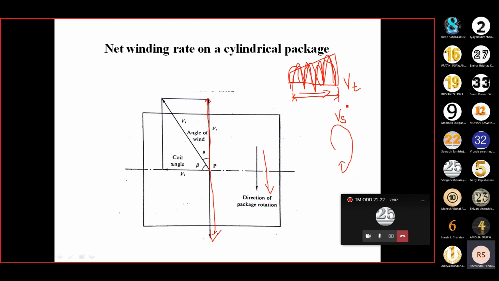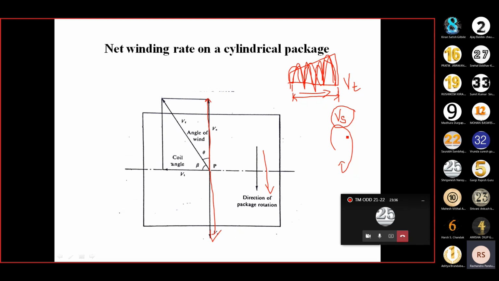So during winding of the yarn onto the package, two things you have to consider, that is the surface velocity, because we know that if we are unable to revolve the package, we are unable to wind the yarn. That basic fundamental we have seen in second year. In order to wind the package, what is required? That time I told you, the package should get rotated.